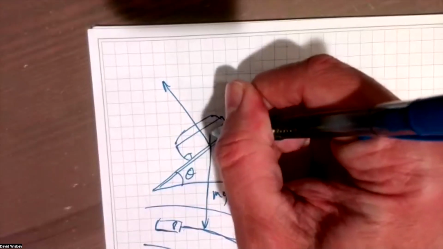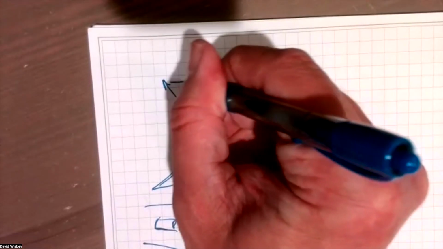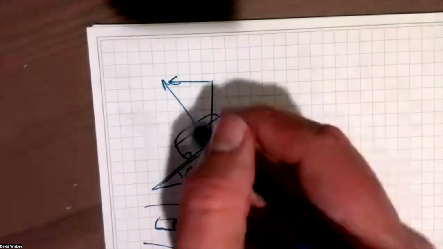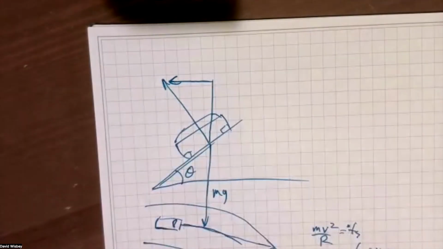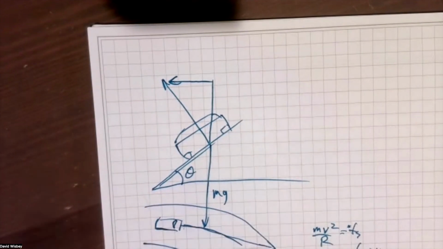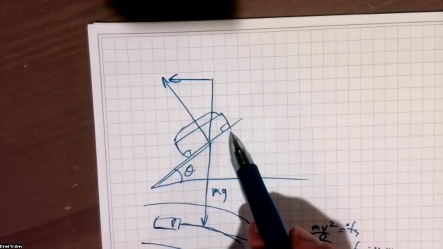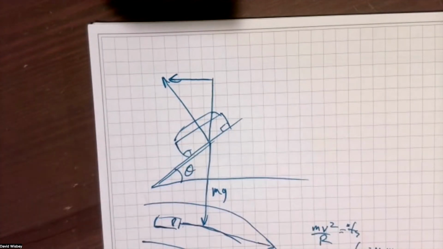If I draw my triangle like this, okay, then there's going to be a component of the normal force that's directed inwards towards my circle, okay? And that's a good thing because now if the road is banked like this,